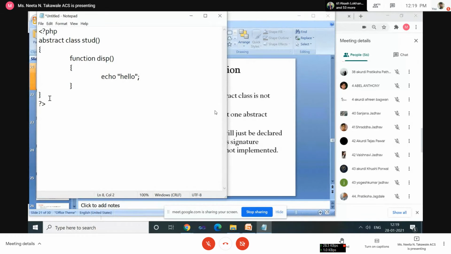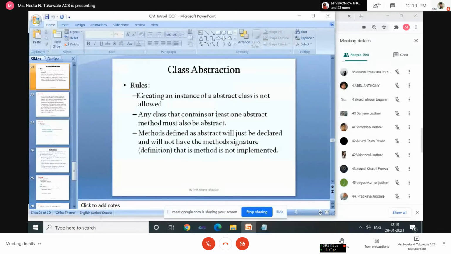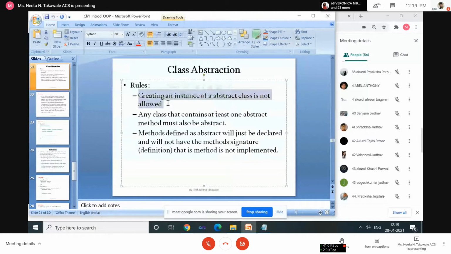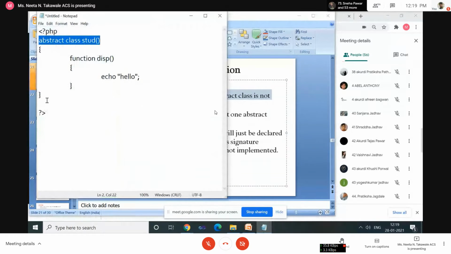Now, here the student class I have declared using the abstract keyword, so we can say student is the abstract class. Now you see the first rule. What is the first rule saying? Creating an instance of an abstract class is not allowed. Let's see whether it is really true or not.